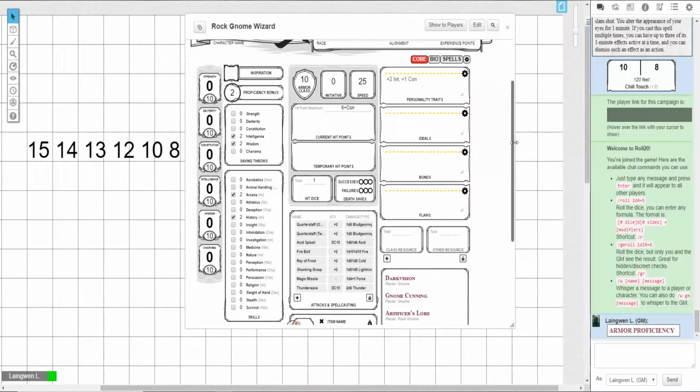So, first is intelligence, then con or dex. So we have a +2 to that. We'll do the 14 here to make that a 16, and we'll put the 15 here to make that a 16. And then 13 here. That gives us a +1 to our initiative, which isn't terrible. And then